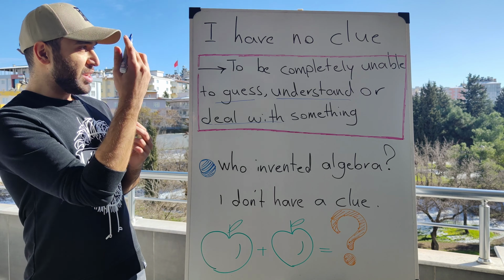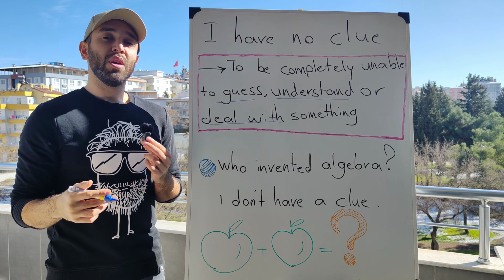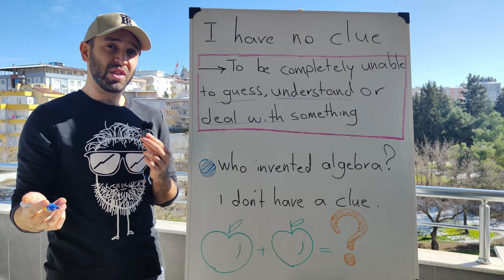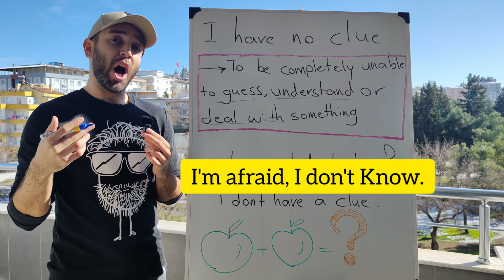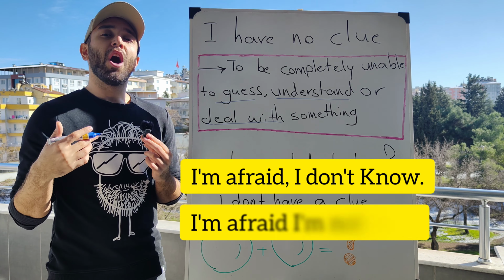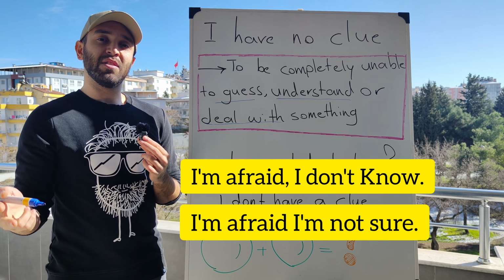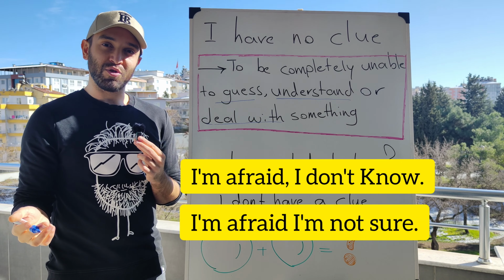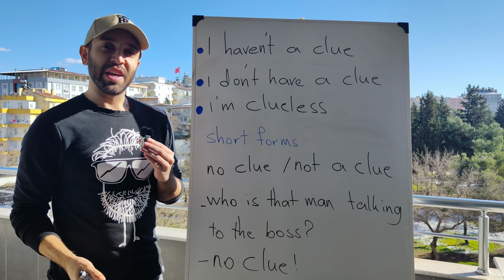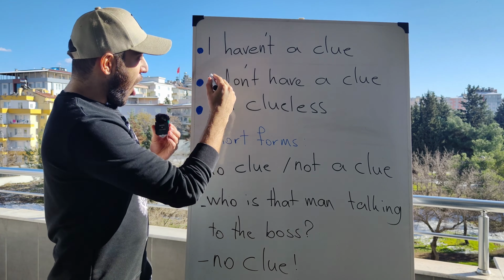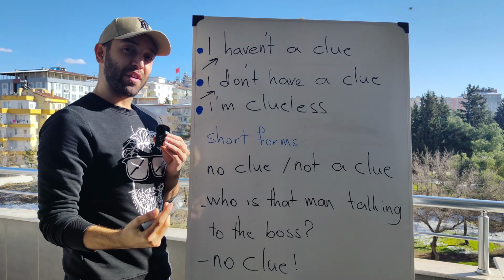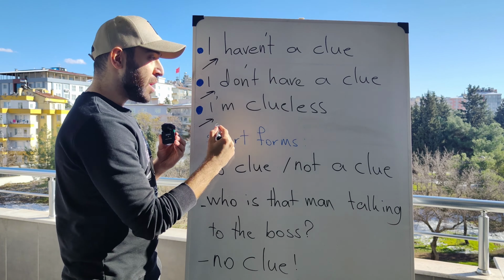Just be careful that this idiom is informal. We don't use it in formal situations. On formal occasions, if you use this idiom, it might sound a little impolite. So we can say, for example, "I'm afraid I don't know," or "I'm afraid I'm not sure." These are some expressions that you can use instead of "I have no clue" in formal situations. Other ways to say "I have no clue" are "I haven't a clue," "I don't have a clue," or "I'm